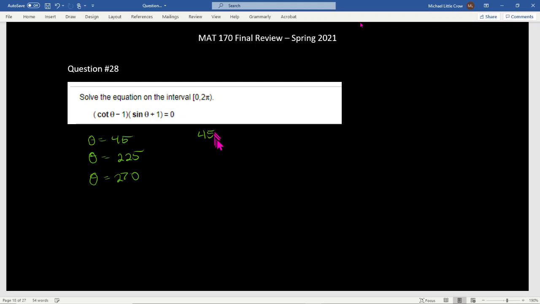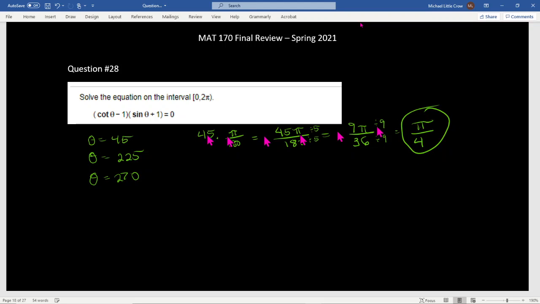So 45, to convert to radians, I multiply by pi over 180. So that's 45 pi over 180. And then now I need to reduce. 5 goes into both of these. 45 divided by 5 is 9. So divide by 5, divide this one by 5. That's going to be, goes into that 3 times 36. That goes 18, 3 times, that's 15, that's 30 left over. Okay, yeah. And so now I look, well, 9 can go into both of these, so 9 goes into 9 one time, so that's pi. 9 goes into 36 4 times. So that's the answer I want to put. One of the answers, right? I want to list this as, we'll have theta equals pi over 4 is one answer, comma,